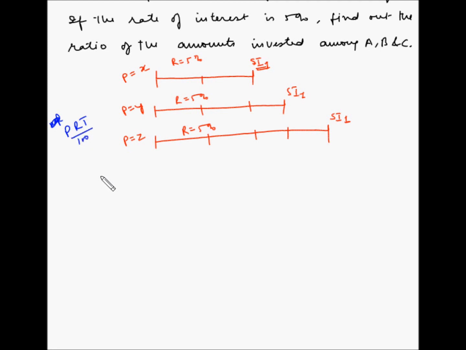So in the first case, the principal is X multiplied by the rate, which is 5, multiplied by the time frame, which is 2 years, divided by 100. This is equal to the second case, where the principal is Y multiplied by R, which is 5, multiplied by 3 years, divided by 100, which is equal to the third case, where the principal is Z multiplied by R, which is 5, multiplied by 4 years,